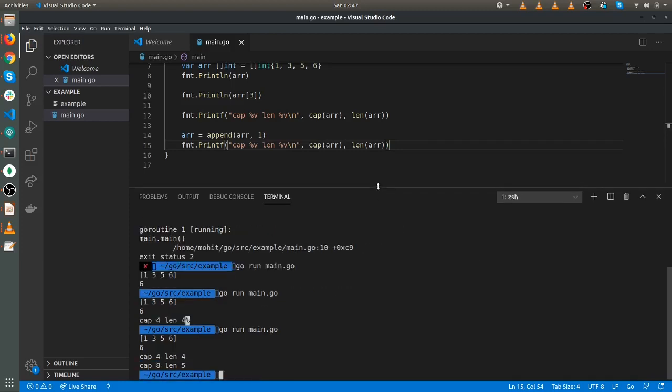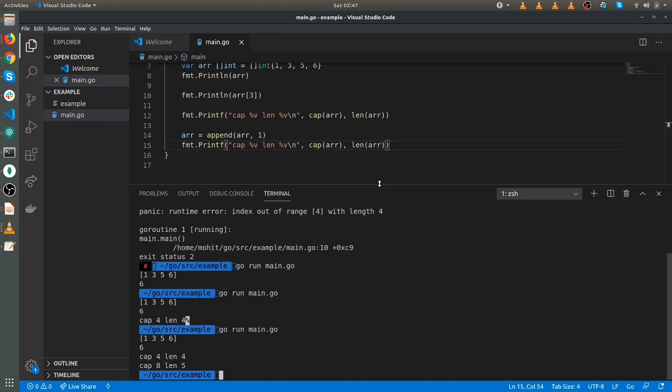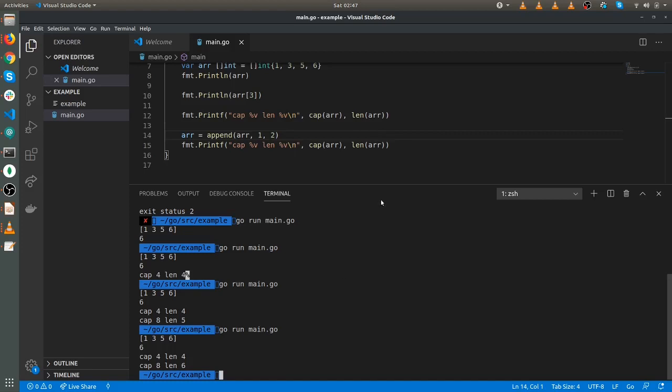Now you can see that the capacity is doubled and the length is increased by 1. Whenever the length equals the capacity, the capacity will increase by double. Now let's add one more element. Now you can see that the length is 6 and capacity is 8.